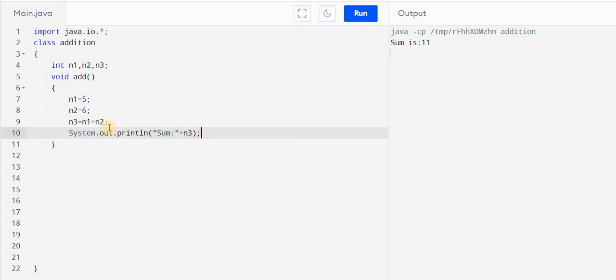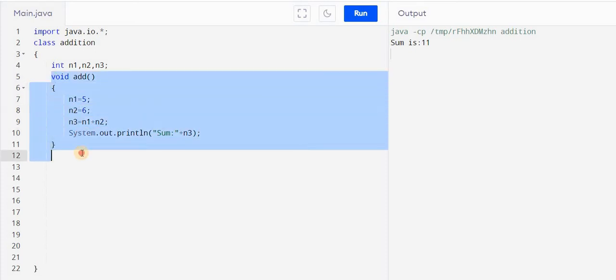And now we have written the method over here. So this entire thing is called a method. Always make it a practice to add whatever you are doing, whether it is displaying or calculation, whatever you are including, make it a method so that it becomes a good programming practice in Java. And so here we have written a method.